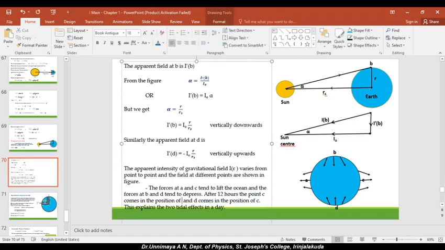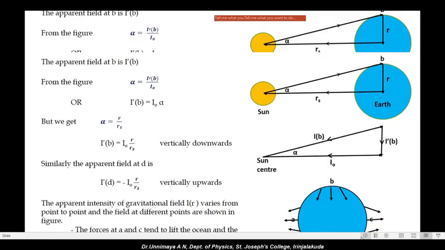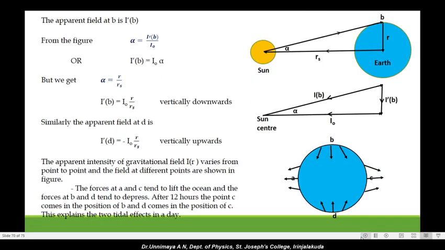Comes in the position of B. Okay, so after every 12 hours, what happens? The point C comes in the position of B. C ഇവിടെ നിന്നും എവിടേക്കെത്തി? ഇവിടേക്കെത്തും. B എന്ന് പറഞ്ഞ പോയിന്റിലേക്ക് എത്തും. Similarly, D എവിടേക്കെത്തും? D ഈ പോയിന്റിൽ നിന്നും C യുടെ പൊസിഷനിലേക്ക് എത്തും. So after 12 hours, the point C comes in the position of B, and the point D comes in the